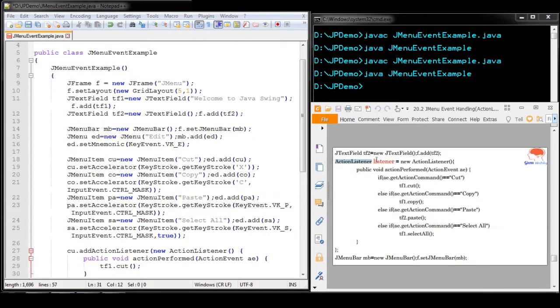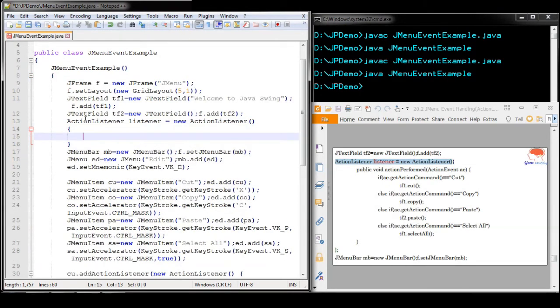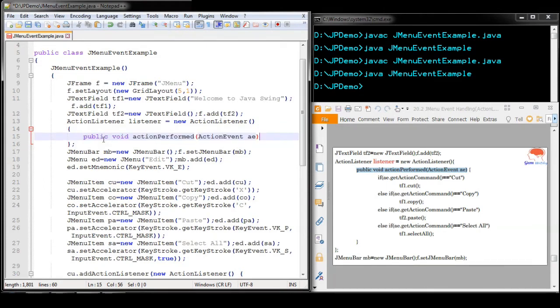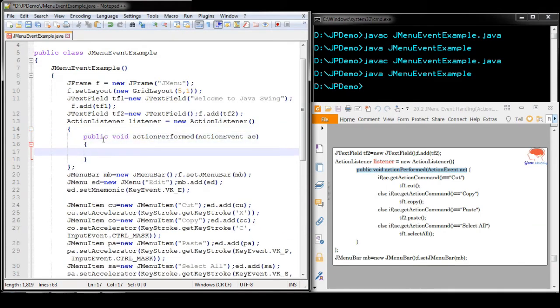For this, we are going to create the object for action listener: ActionListener object name equal to new ActionListener. Whatever you are going to override, we override inside this. Here you override the actionPerformed method, and we define the tasks inside this actionPerformed.